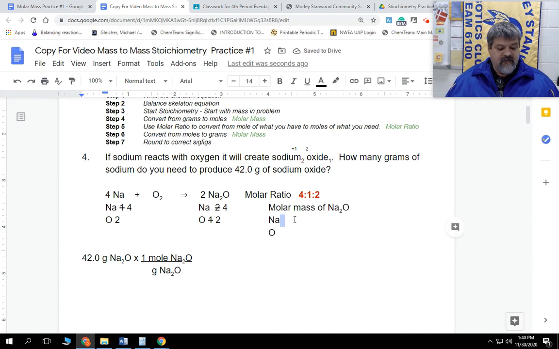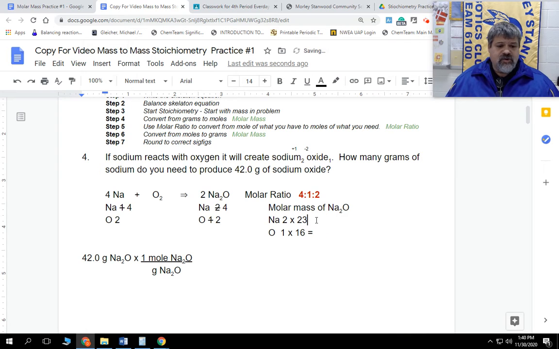We have 2 sodiums, and we're going to multiply that by the atomic weight. Now, I'm pretty sure the atomic weight is going to be 23, but we'll check that. And then we go to oxygen. We have one oxygen, and that's going to be multiplied by the weight of oxygen, which is 16. Again, we'll double check that. And that's going to equal